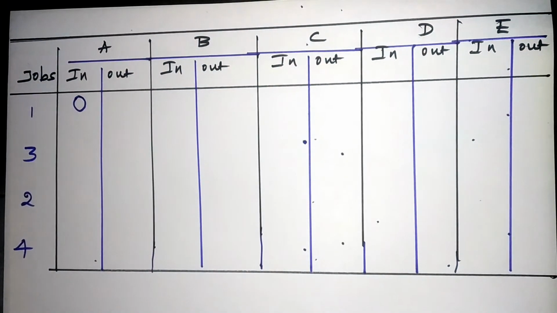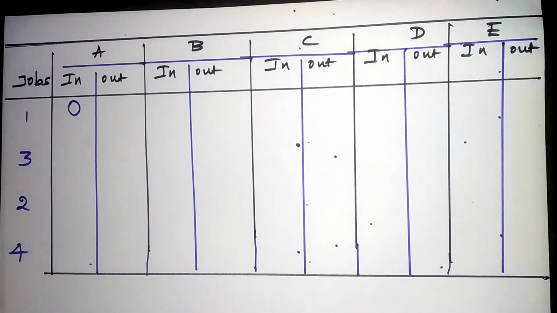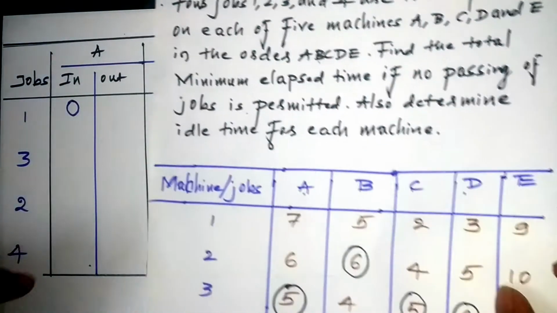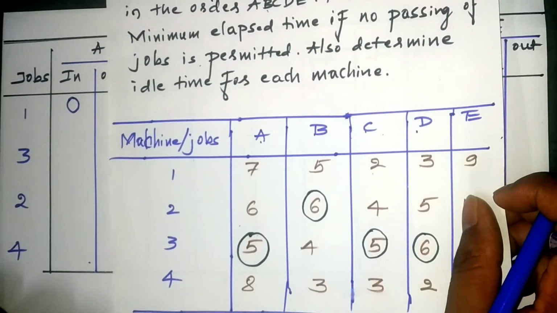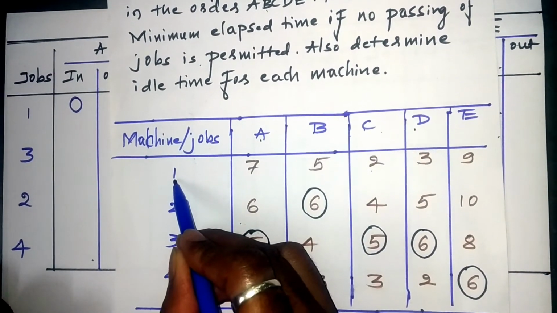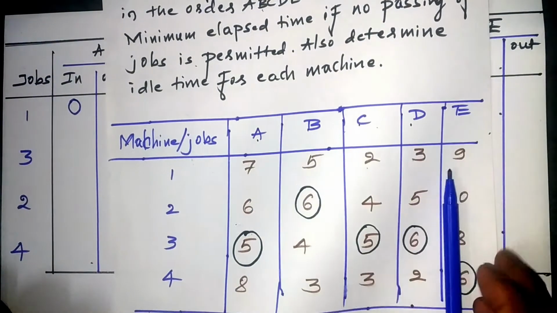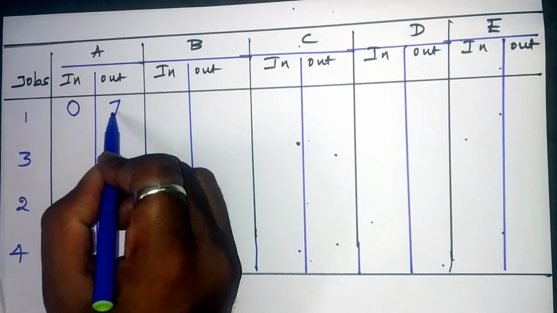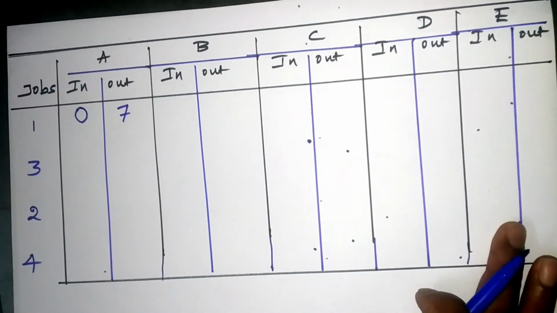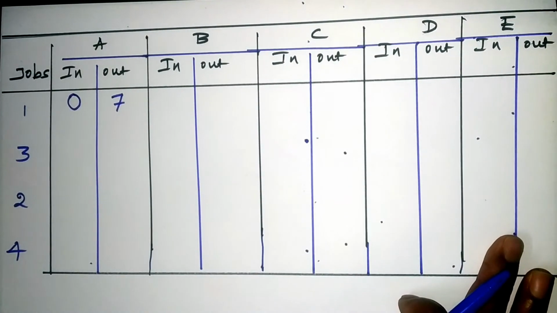And we have to check what is the processing time for job 1 on machine A. So here you have to go back to the given problem, and for job number 1 on machine A it takes 7 hours. So it enters at 0 hours and when it exits, it will be 7. So what we need to do is a simple technique: we go on adding the processing time for each